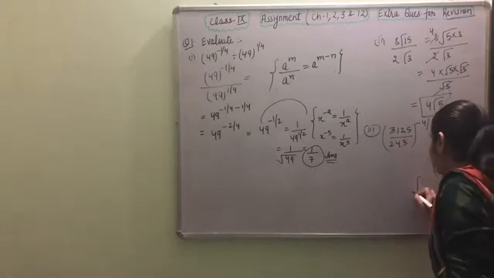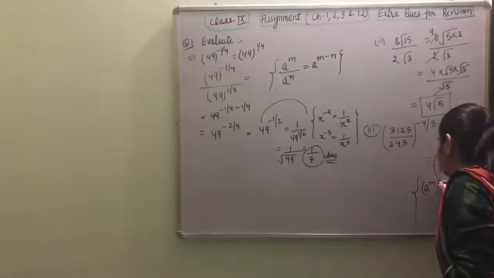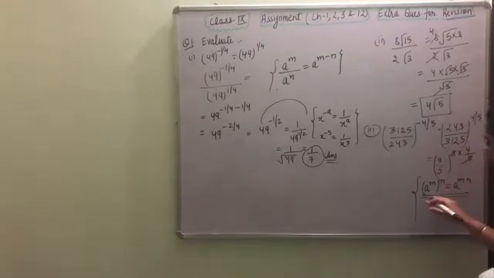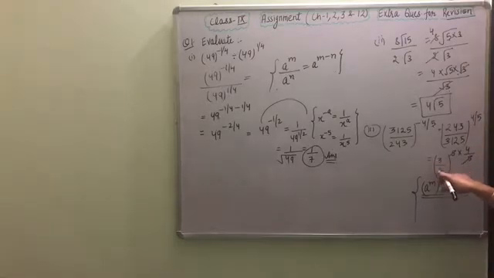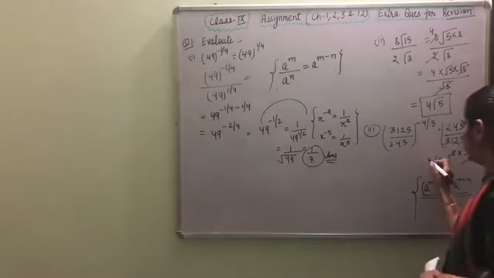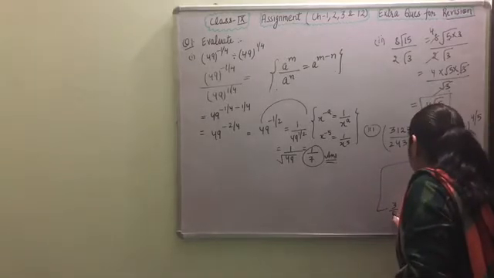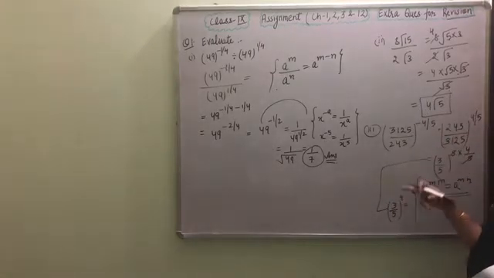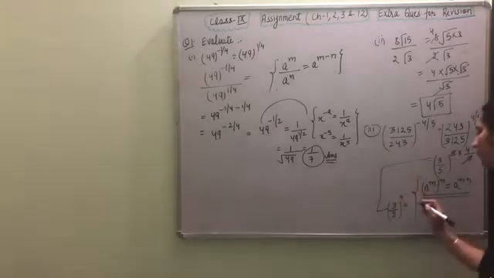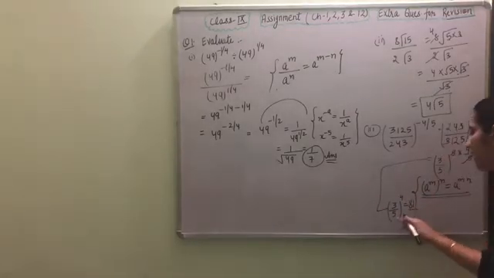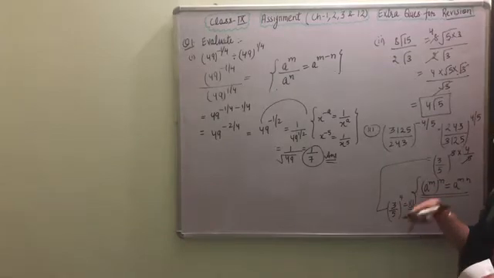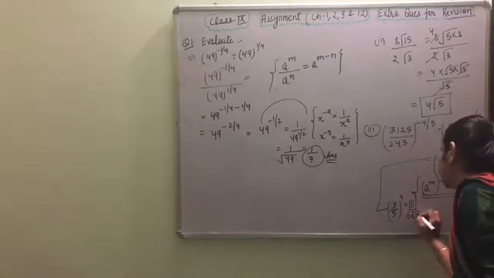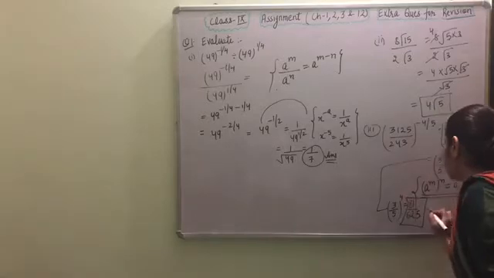Again here I applied the laws of exponent. Here you have to write a raised to the power m raised to the power n will give us a raised to the power mn. Whenever you are applying the law, you just have to mention it. So 3 by 5 raised to the power 4. The answer is 3 raised to the power 4, 3 3s are 9, 3s are 27, 3s are 81, divided by 5 raised to the power 4, 5 5s are 25, 5s are 125, 5s are 625. So the answer is 81 by 625.